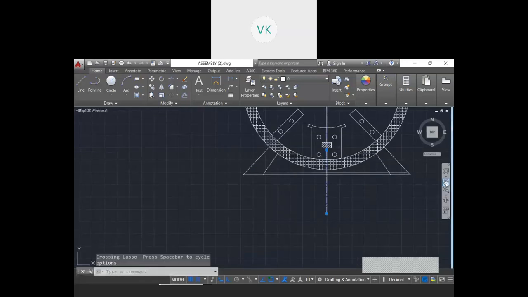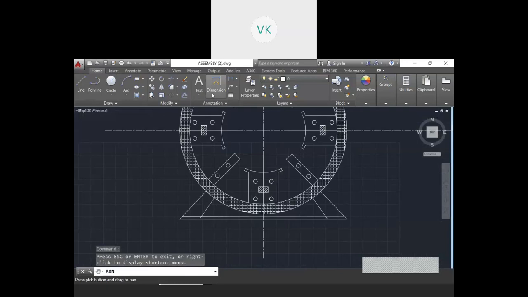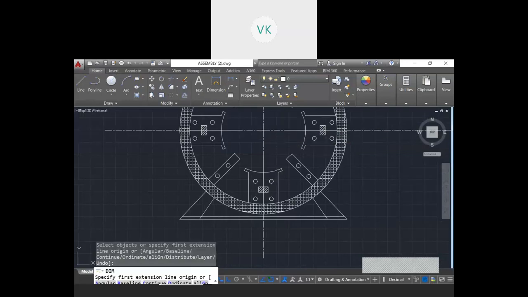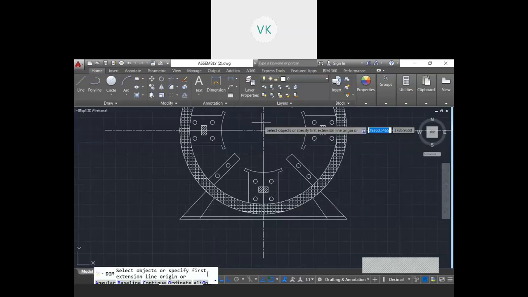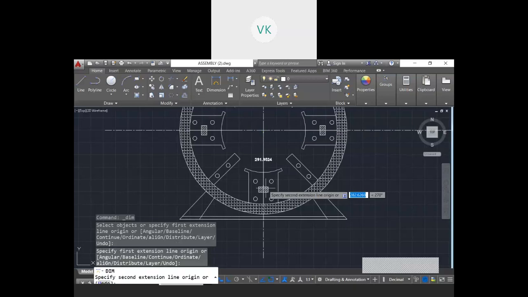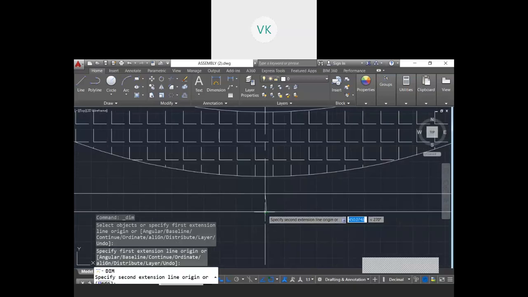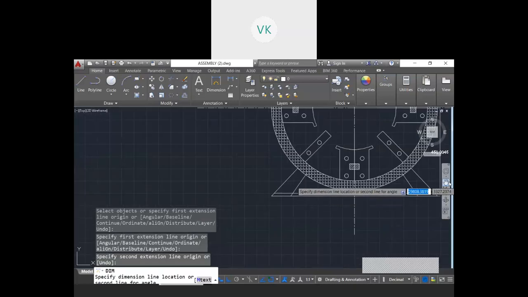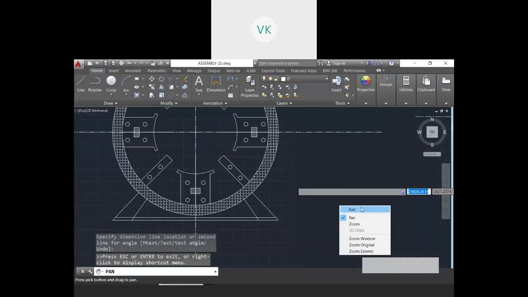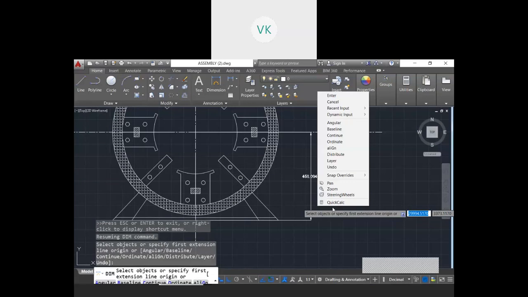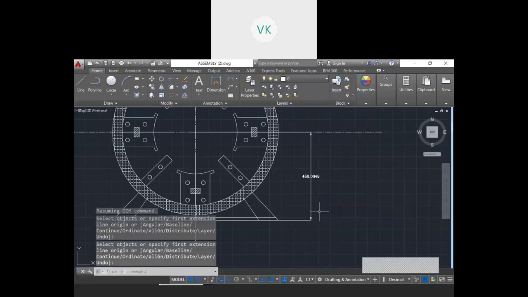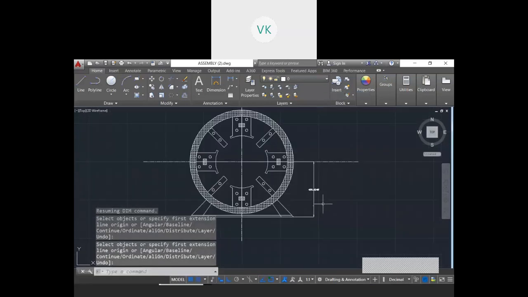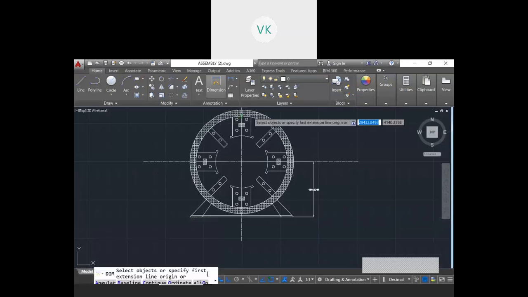Now if I measure from this point to this point, if you go for dimension, center till intersection, I will zoom it here. So this is my axial height, that is, it is given as 450 mm, and you can do similarly, go for a dimension.